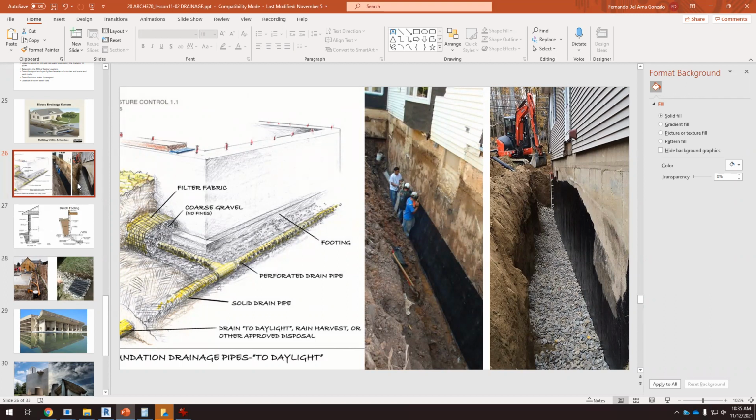If we have a basement, we have to protect this wall against the rain. So what do we do? We dig a trench, we apply waterproof materials on the wall, and then we fill this trench with aggregates. It's not sand, it's gravel, aggregates, small stones. And why would we do that? Because we need to